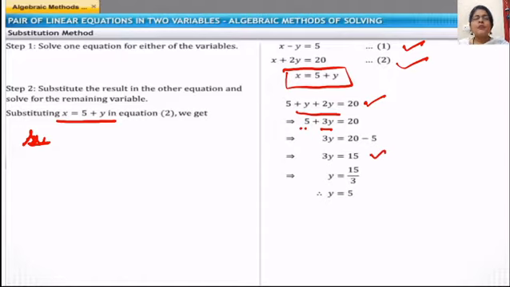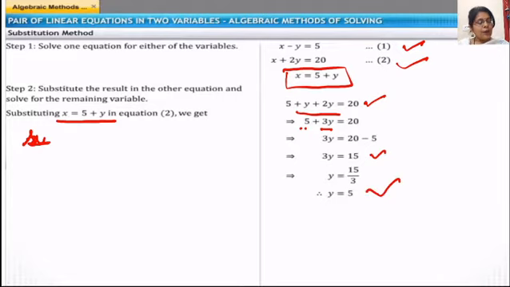All these things you have studied in your earlier classes also. In class 7th, 8th, and 9th we have dealt with many of these, so there is no problem solving the equations in this way. So y, what do we get? 3y means 3 into y. y is equal to 15 upon 3. So the value of y is 5.